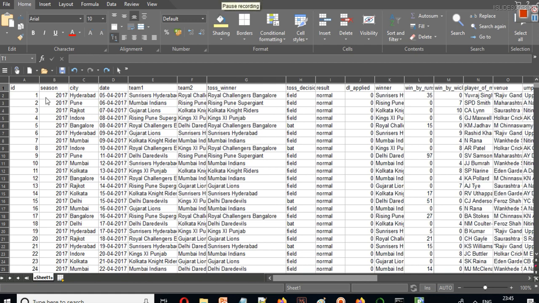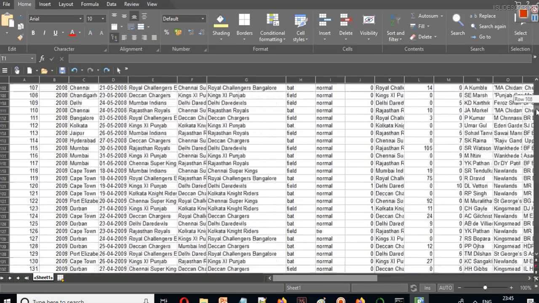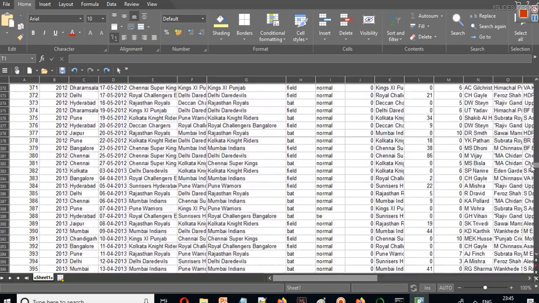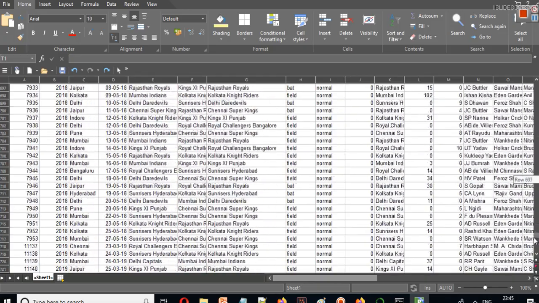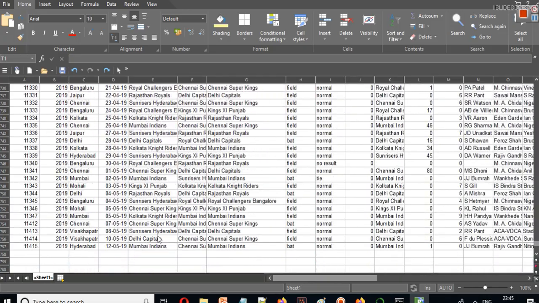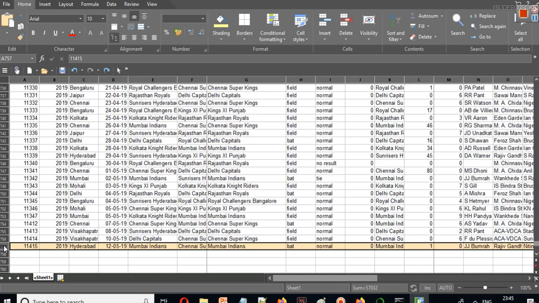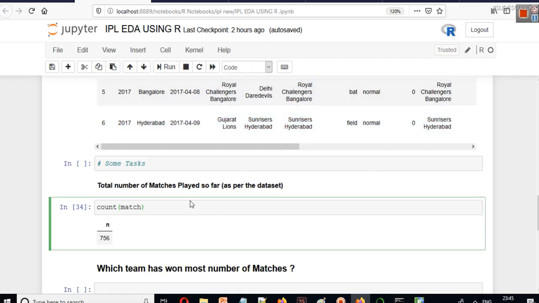If you see this data set, this is information of matches. The index that is visible by default here goes up to 757, and one value is for the column. So that's why we can say there are a total of 756 matches. Now this is a simple way.